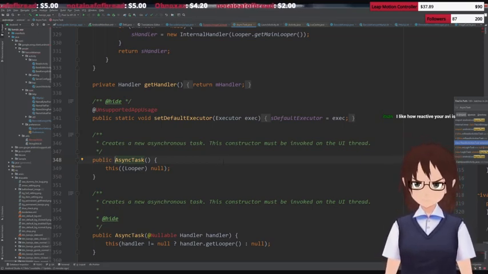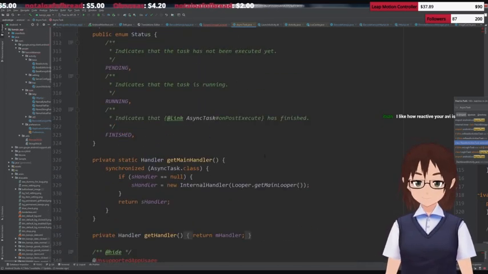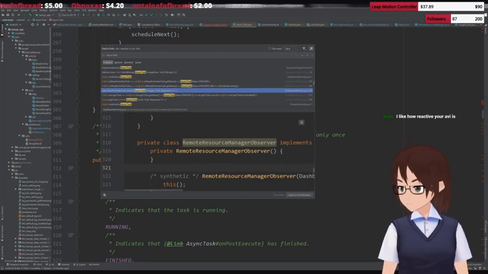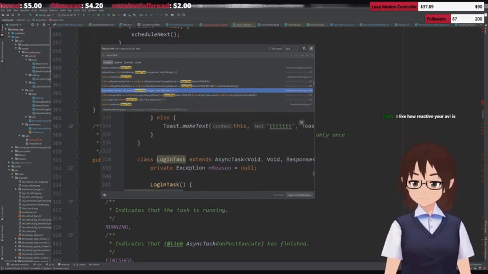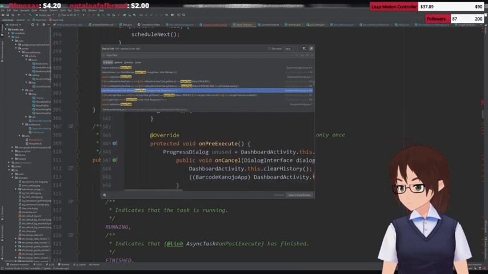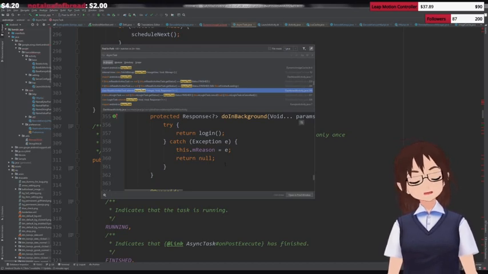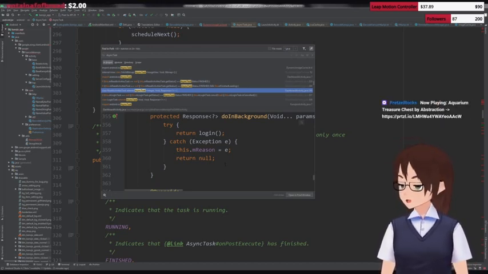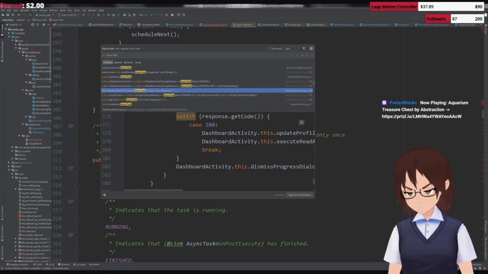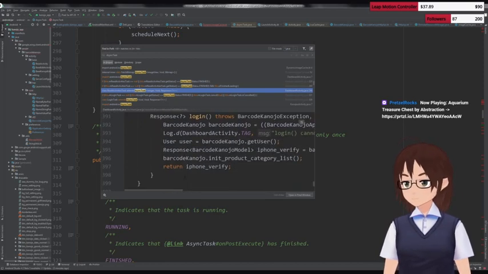But, how did, maybe an async task isn't the right thing. The scope is becoming an issue. I think. I don't know. Uncancelled. Oh. But